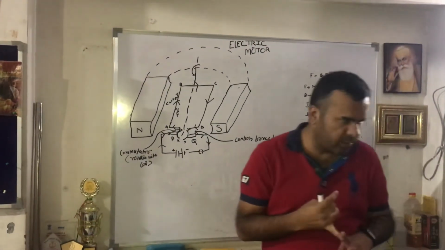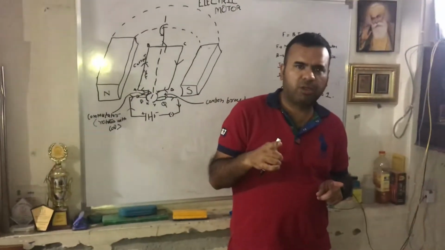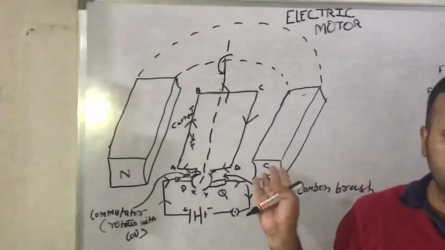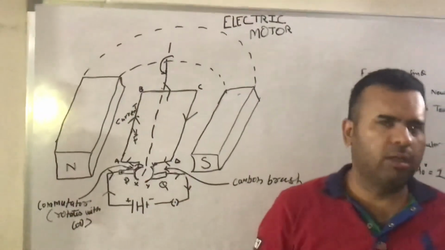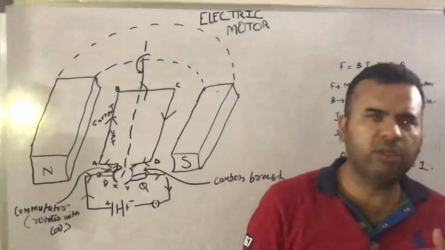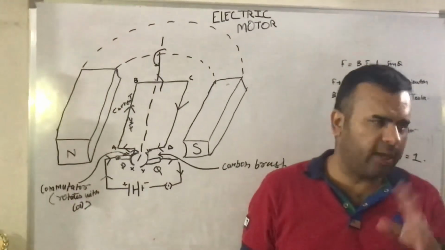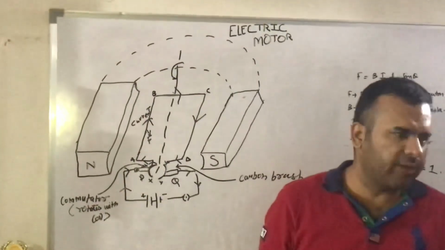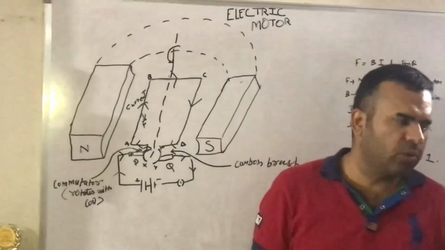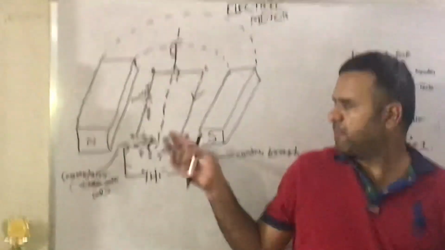I have told you the principle and the basic function, now the construction. First is the U-shaped magnet. As you know, different north and south poles are shown here. The function of the U-shaped magnet is to create strong magnetism around the rectangular coil. ABCD is the rectangular coil here. When electrical energy is given to it, it will convert electrical energy into mechanical energy, due to which the rectangular coil will rotate continuously.